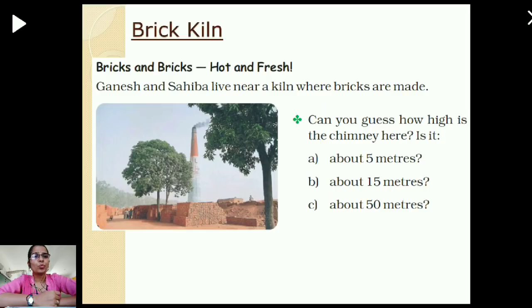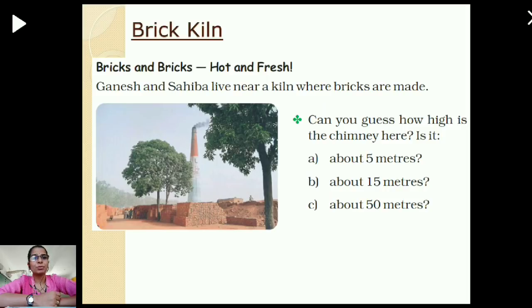We need to understand the question clearly, children, when it is asked how high. Even in word problems where you face difficulty in understanding, you should be very clear about the words being used. That is why I am giving you such hints in the question on how to identify. When it is said how high, you need to see the height. Here the height of the chimney is being asked.